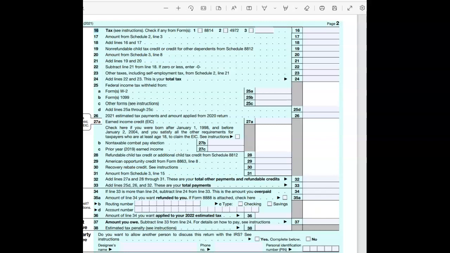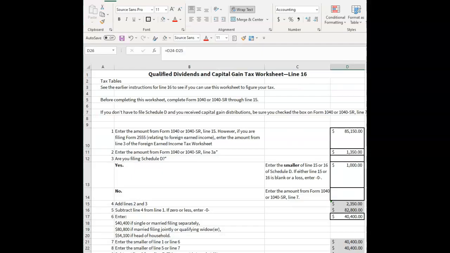But it seems like every time I do it, I make at least one mistake in the calculations, and I end up spending an hour on that form. So maybe you're better at it than I am. If you are, feel free to do it that way. But I prefer to figure out the tax number that goes in line 16 using the qualified dividends and capital gains worksheet by creating my own Excel sheet, which